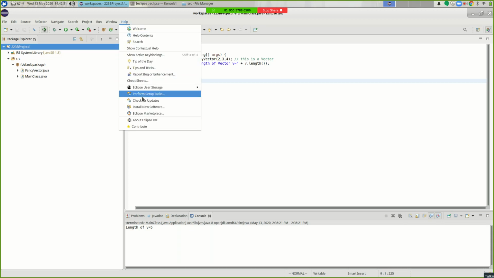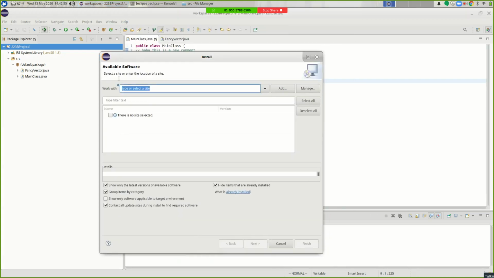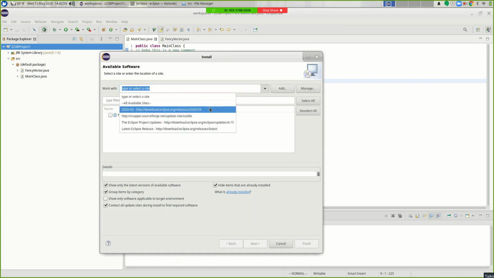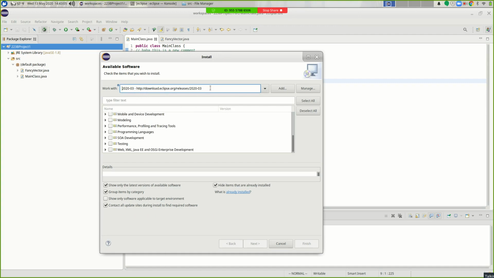Go under Help and say Install New Software. Okay. Work with, type, or select a site. I'm just going to select the same site that I downloaded from, which was 2020-03, right, the March of this year version of Eclipse. And you can type stuff in here and it will tell you what the download options are.